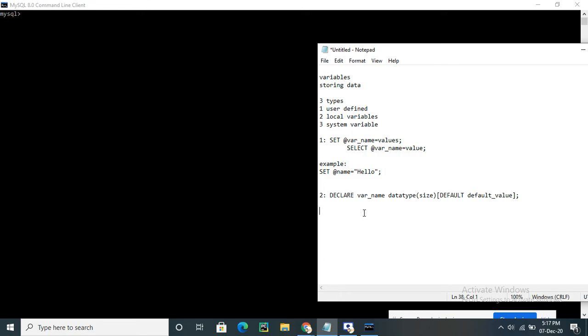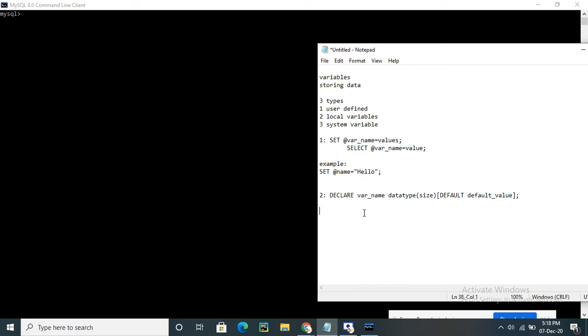Next we have the third type of variable, the system variable. I already explained there are three available types: the first is user defined, and the third is system variables. A system variable is similar to a built-in, with some functions already available. So these are predefined variables. Some of the variables are configured automatically, and with a SET statement we can update them dynamically. So these are the available ones.